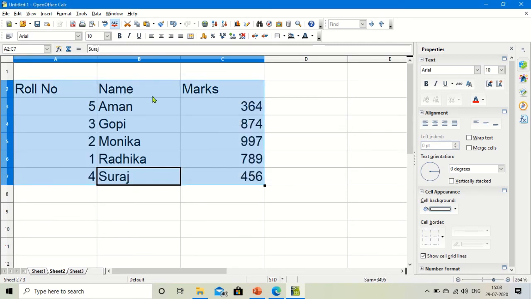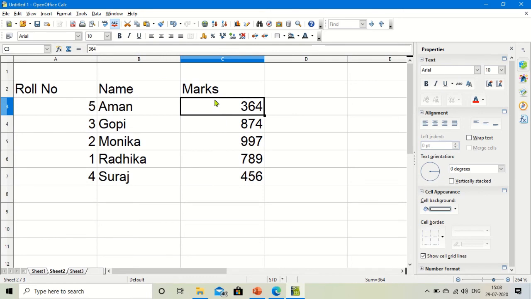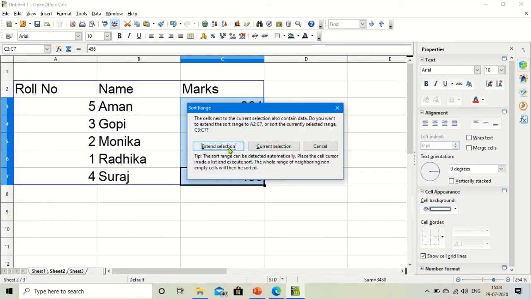But how is this going to be rearranged, because I am selecting the first option. Let me arrange this on the basis of the marks, meaning I want to show the highest marks first. So I will go for descending order. Let me show you. If you select this extend selection, the data associated with these marks will also be rearranged. If you select this one, current selection, then only